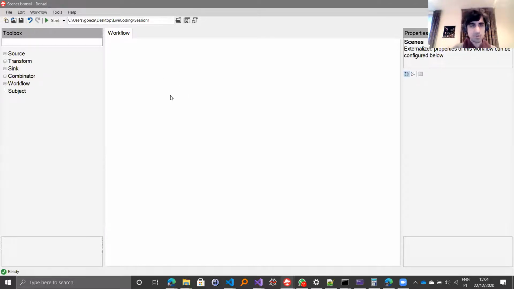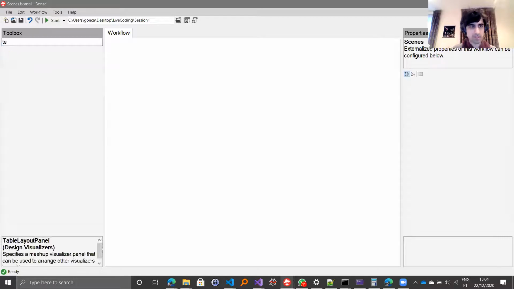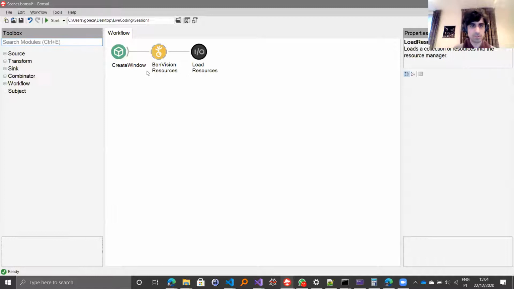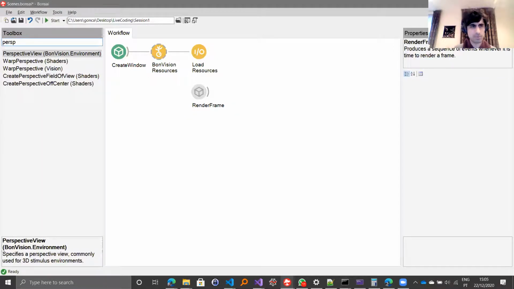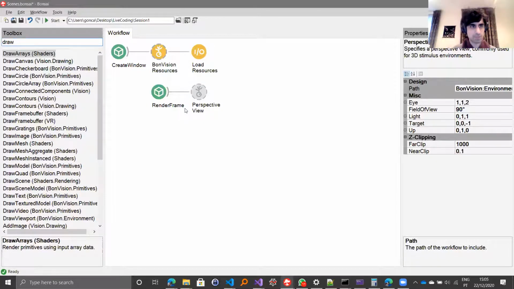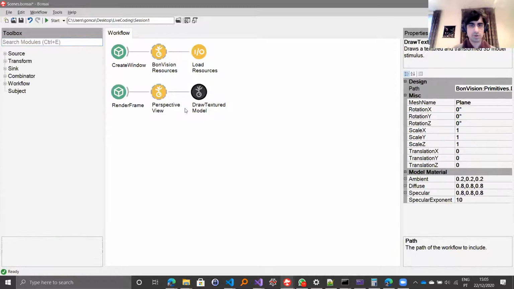Okay, so last time we went through how to create a basic BonVision scene. You create the window, you load the resources, and then I think we went through 3D. I'm not sure if we went through the 3D examples, but I think we went through one, with the sphere, yeah. So I guess I can show just,